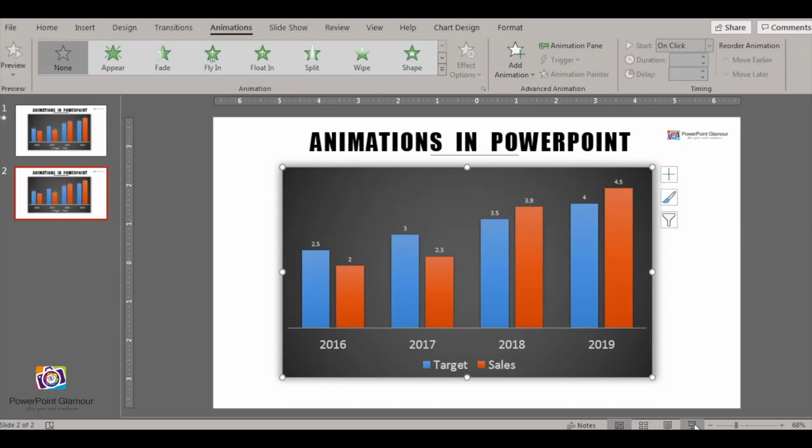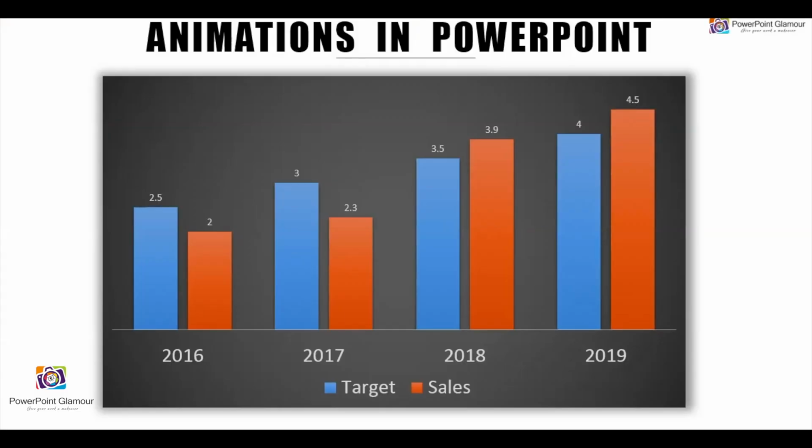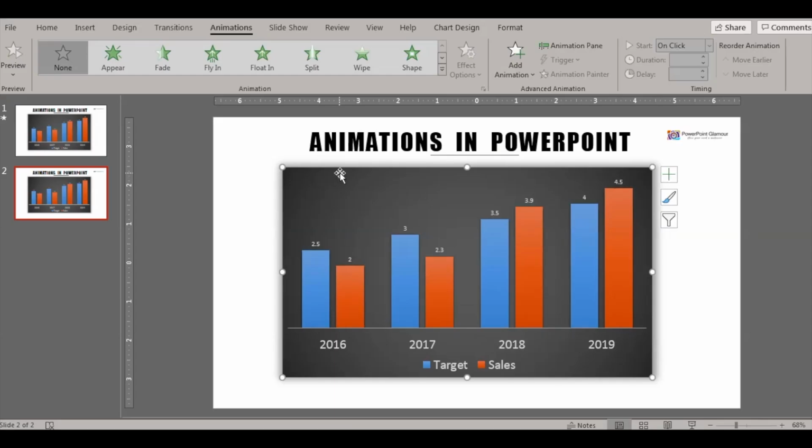So click on the slideshow button. You see the chart appearing all at once. So we don't want it. Let's see how to animate it in different ways. Okay. Let's go back, select the chart